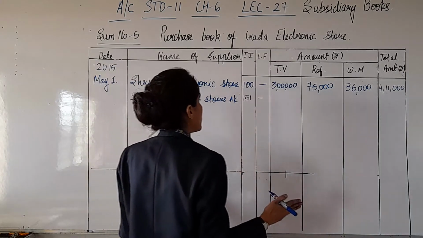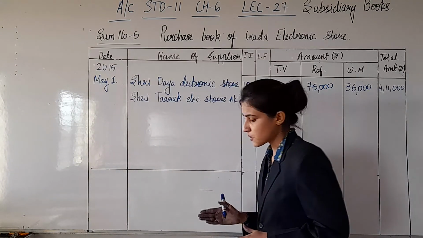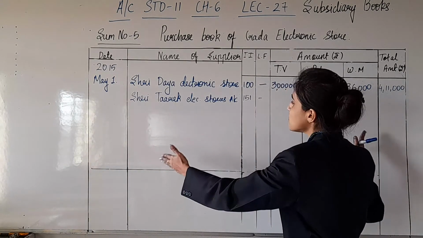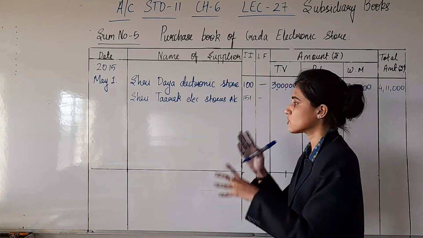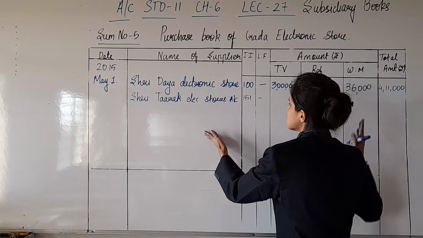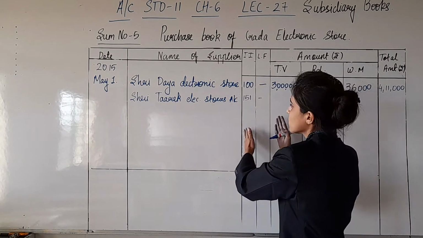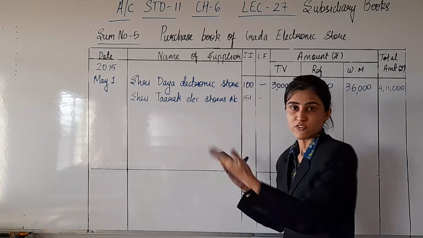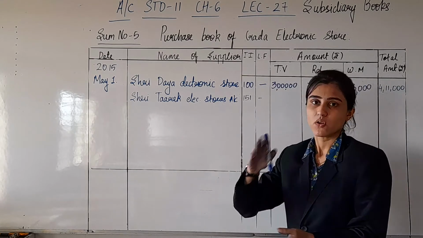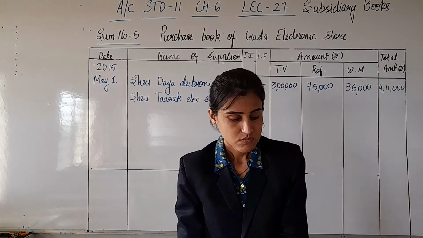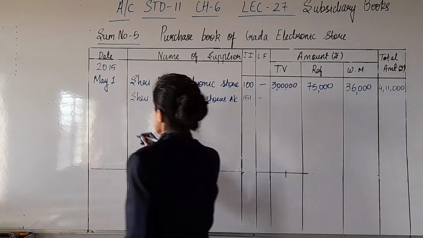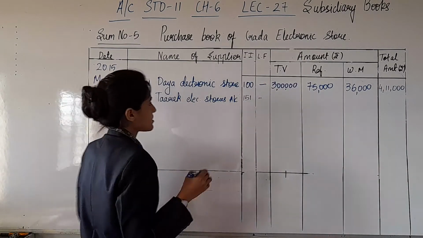If you are having difficulty in preparing the format this way in your book, you can turn your book in another manner, or you can use 2 pages, the left hand side and right hand side. Half of the format you can prepare on the left side of your book, and the remaining half on the right side. That's fair and good. Fine. On 7th of May, now let us talk about the amount.